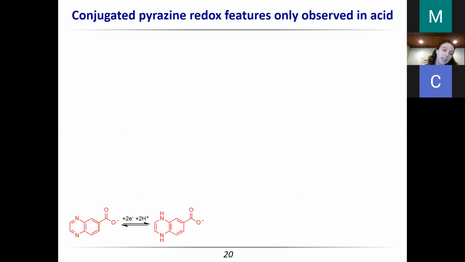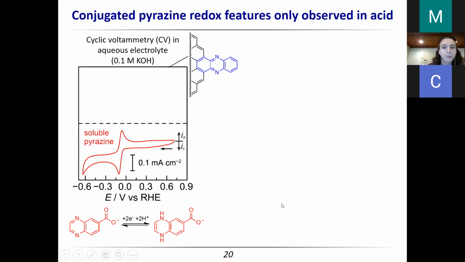So I was interested in the mechanism of electron transfer at these sites. For each of the graphite conjugated catalyst, or GCC, sites that I'm going to walk you through, I'm going to also show you data from a molecular analog. And in this case, I was looking at the water-soluble pyrazine shown here. And now we're going to start seeing a lot of electrochemical data.